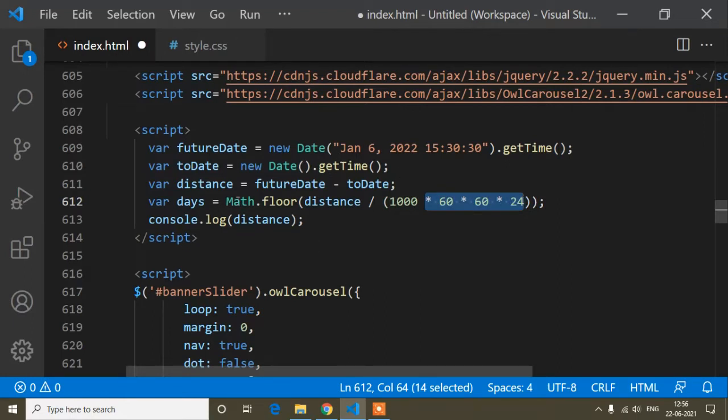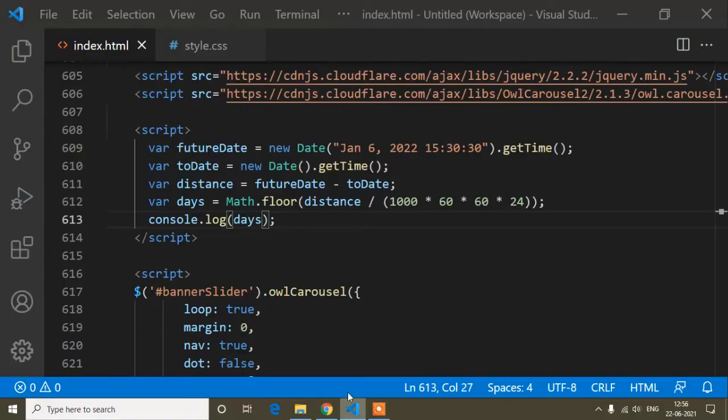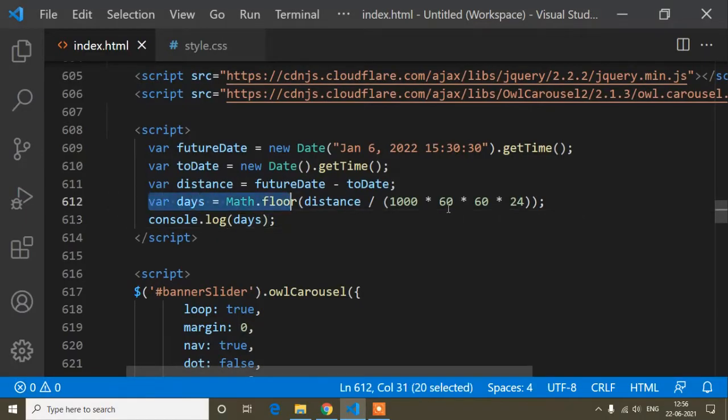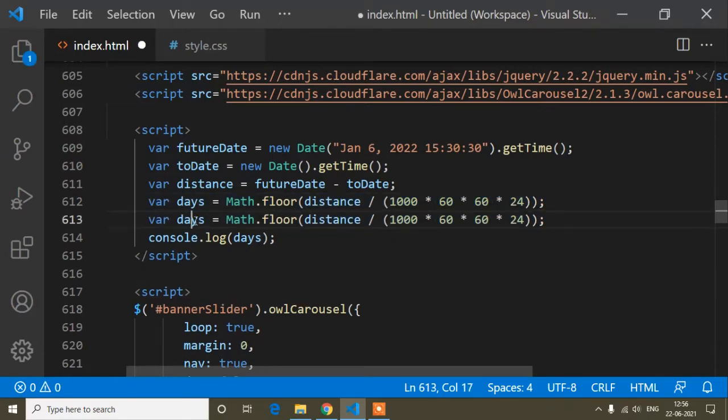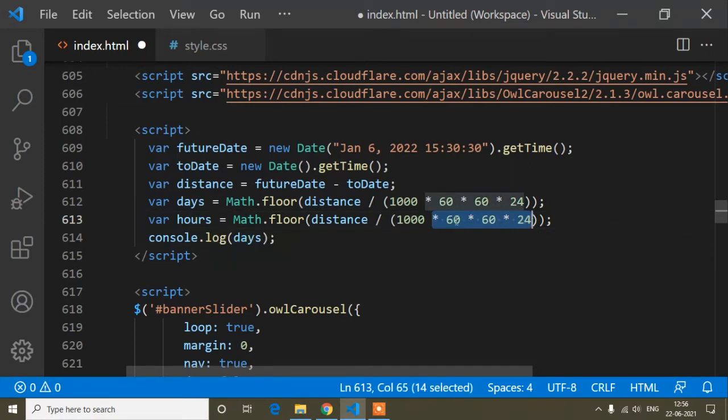So now if I print these days in the console, you will find it's the remaining days. You can see I'm getting 198 days. Okay, so in the same way, here I will extract the hours also. So the variable name here I will change into hours and distance, but this calculation will be changed for hours.